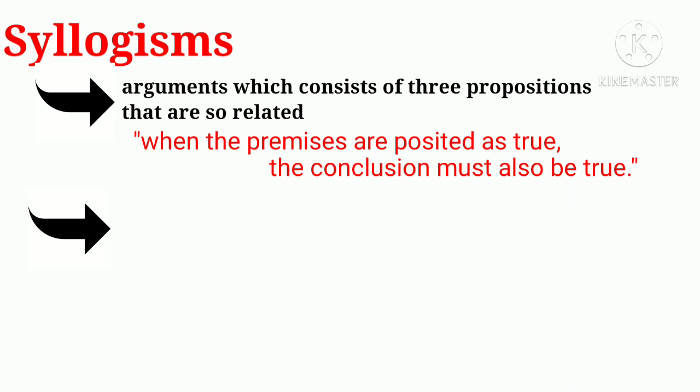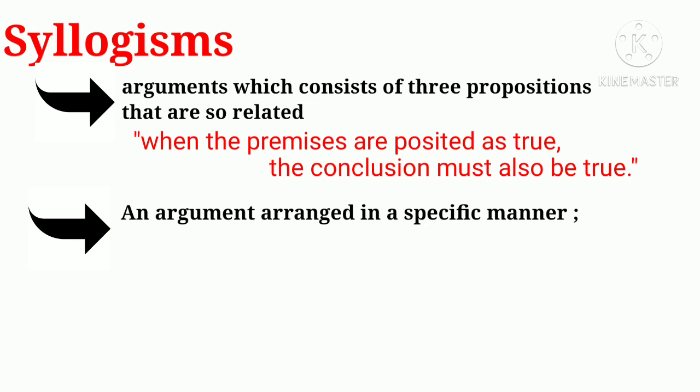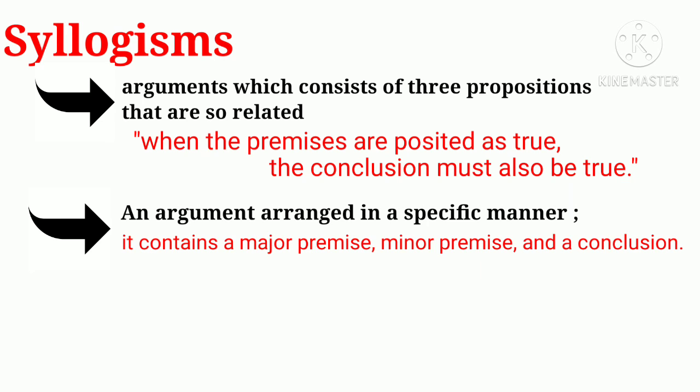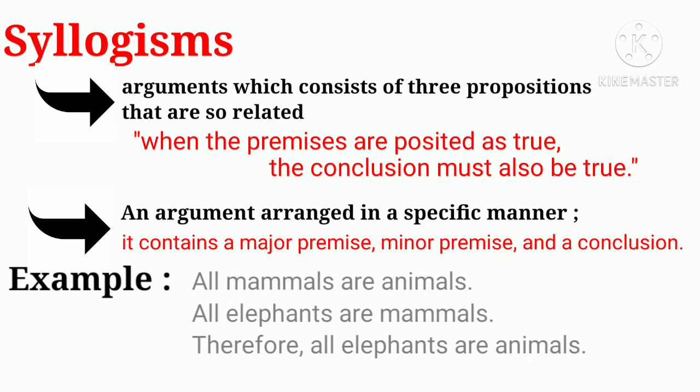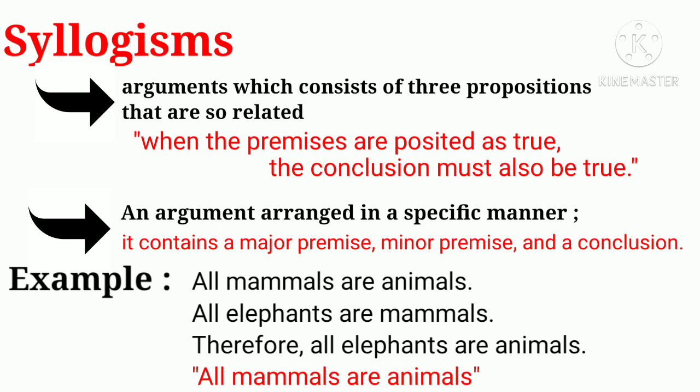In other words, a syllogism is an argument arranged in a specific manner, in such a way that it contains a major premise, a minor premise, and a conclusion. An example of a syllogism is: all mammals are animals, all elephants are mammals, therefore all elephants are animals. In a syllogism, the more general premise is called the major premise. In the sentence, all mammals are animals,